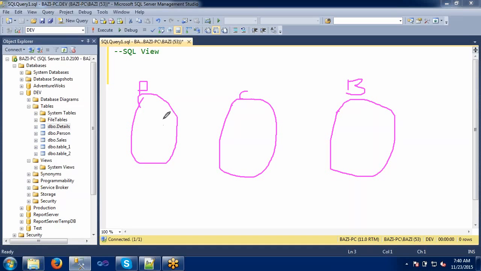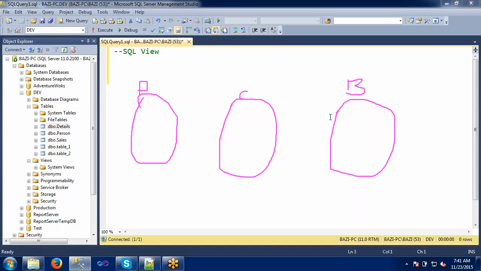Product, customer. No, I'm using a pointer here. Okay, one second. Now I'm getting that. Okay, so this is the product table, this is the customer table, and this is the booking table.